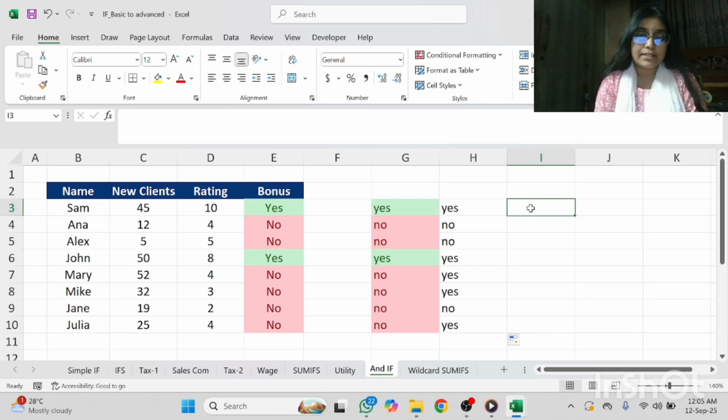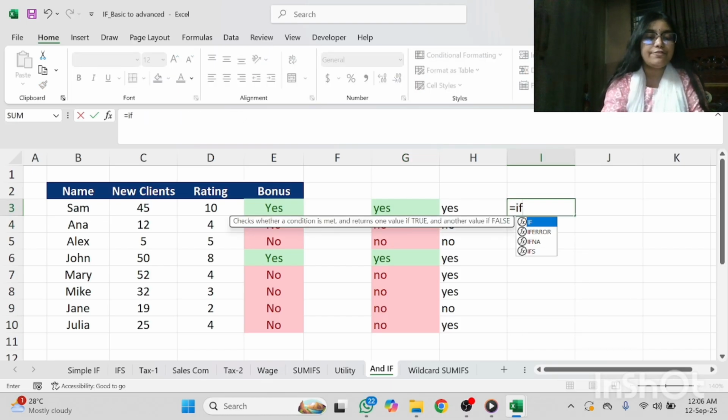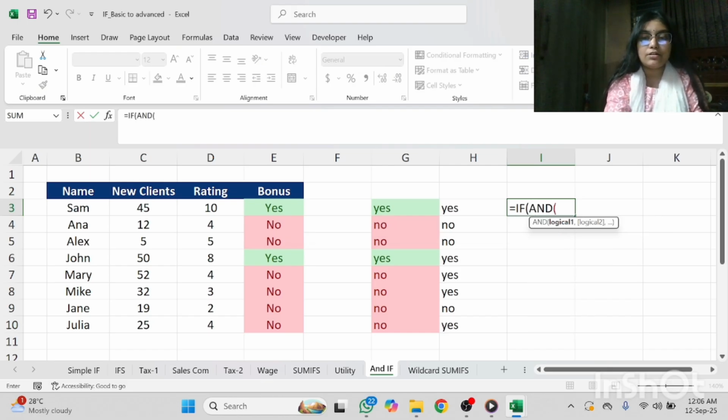AND formula on Excel. So the AND formula is used when we make combined decisions with multiple conditions. So if the condition is like that, the person will get a bonus if they bring more than 20 clients and the rating is more than 5, only at that time, otherwise not. In these conditions, the result will be equal IF tab and tab selecting C3 greater than 20,